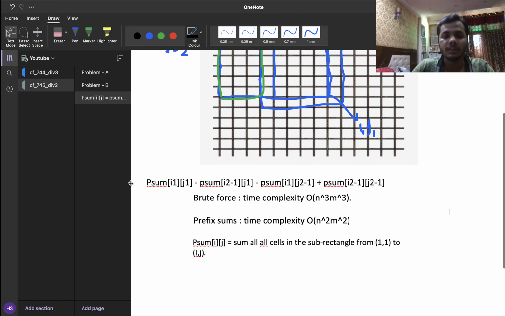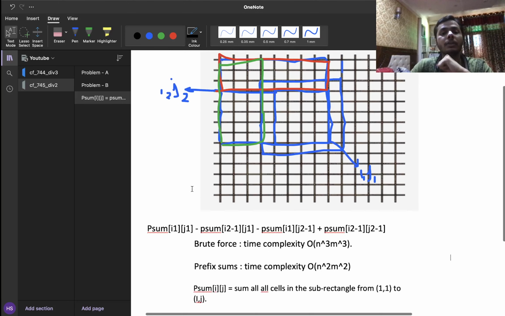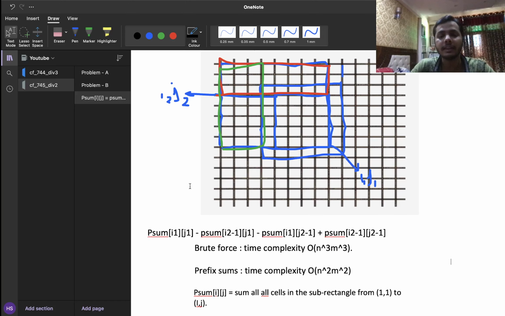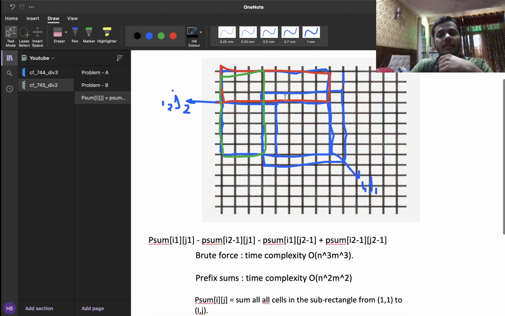Yeah, so this way I can calculate the number of ones in any subrectangle, right? So now I'm assuming that you guys have understood how we calculate the number of ones in any particular rectangle in O of 1 time, in constant time, right? So now that we have such a power, we can calculate the number of ones in this middle region, and we can calculate the number of zeros in these border regions. That can be simply done by subtracting the number of ones from the total number of cells, and in this way we can in constant time calculate the answer for any rectangle, right?